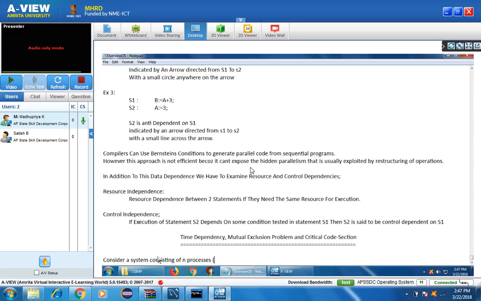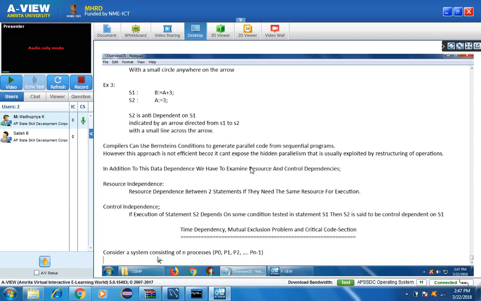Denote them as P0, process 0, process 1, process 2, and so on, up to process n. Each process has a segment of code called the critical section,